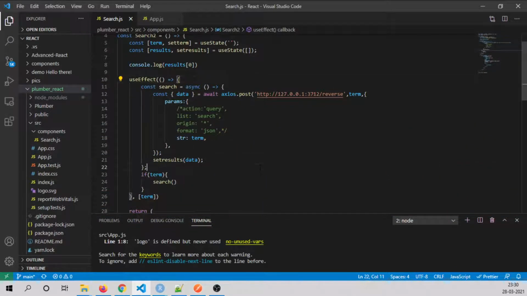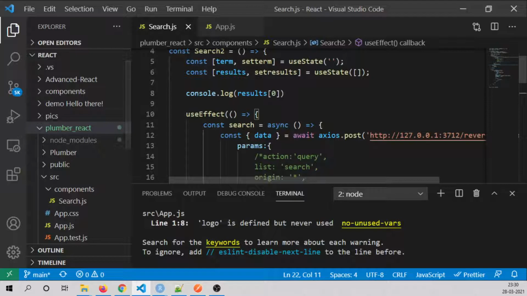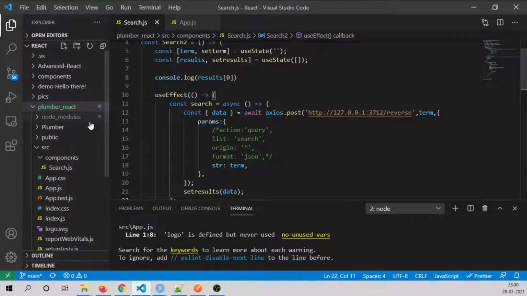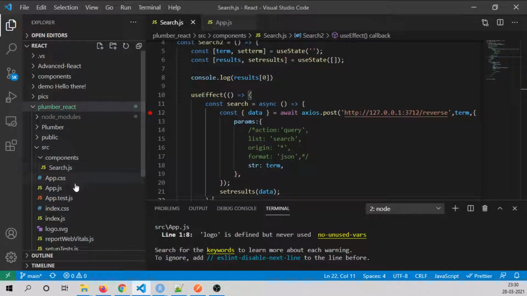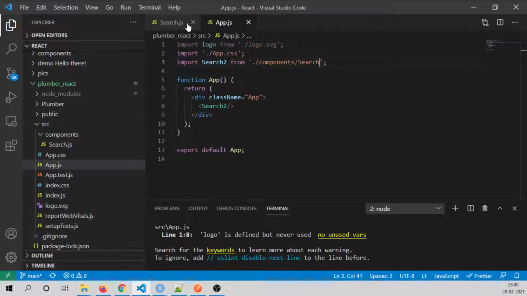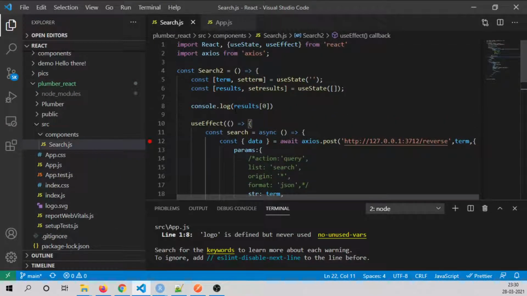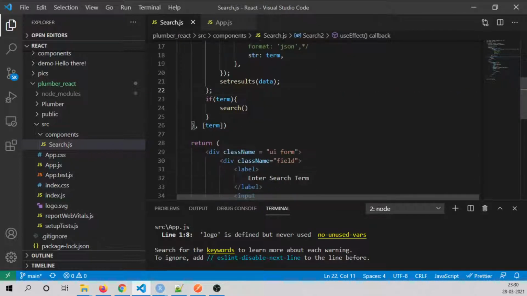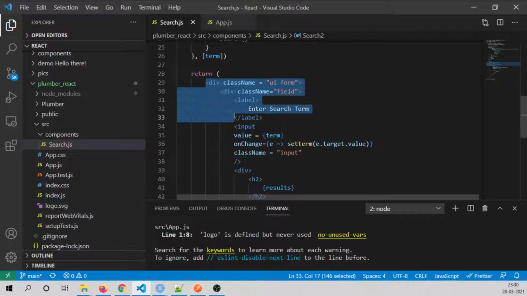I hope this is visible. Let me make it bigger. So as you already know, the project contains the components, search.js, and some components to render the application. Currently we have only two files: app.js, which is rendering the search application, and the second is the search application, which we have defined, in which we are rendering the JSX, which will render the input parameter.